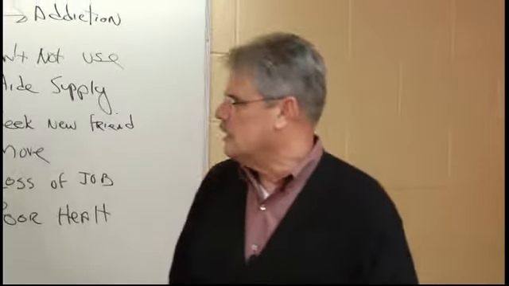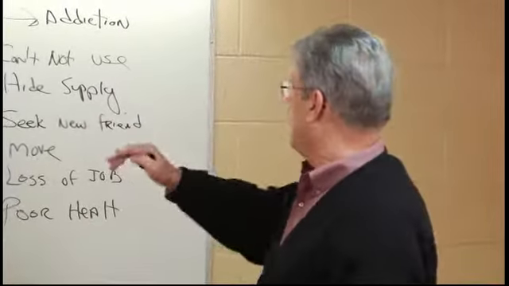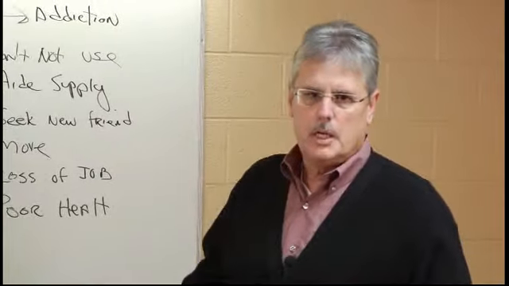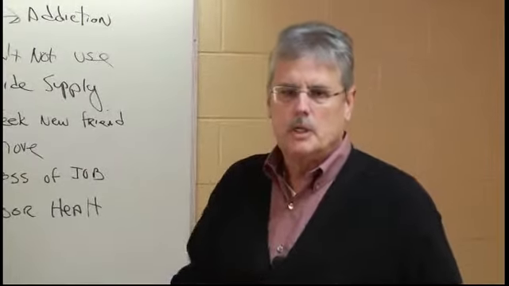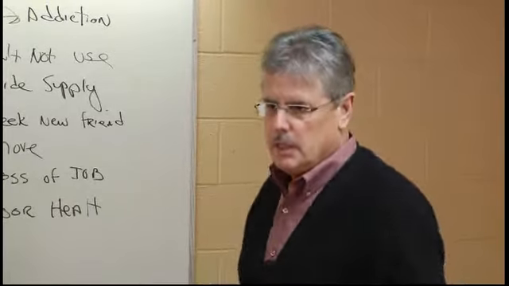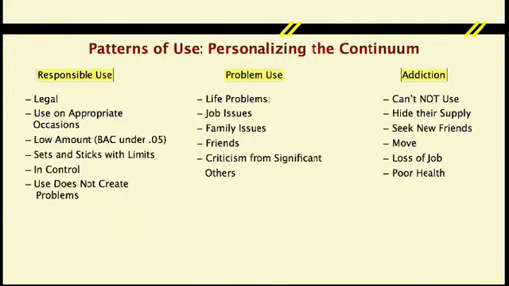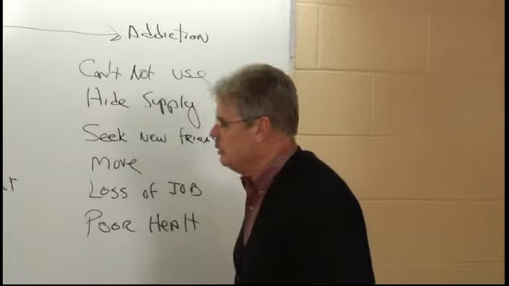So they would discuss responsible use, problem use, and addiction in their small groups. They would come up with the lists, and then I would ask each of the small groups to share their lists, and I would construct these columns based on what they had put on their list. And then what I would do is ask them to